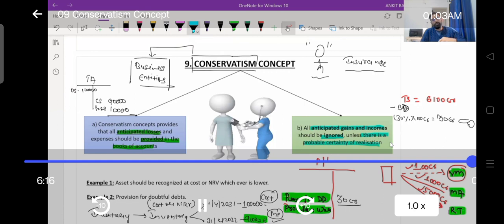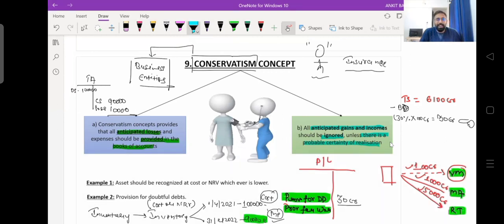So let's suppose you have invested somewhere, and you are thinking that you will receive this much amount in future, but you're not sure. There is no certainty, and in this case you can't recognize that gain in the books of accounts. Hopefully you got the